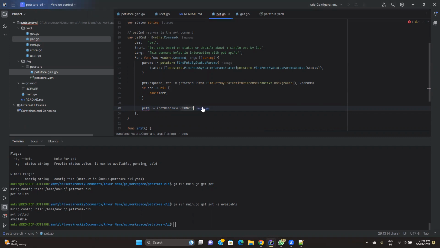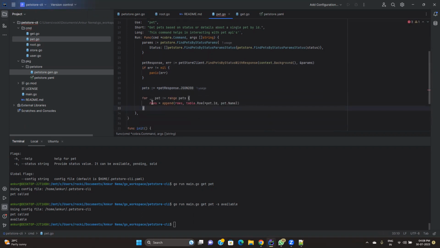So here what I can do, I can basically go here and I can create a for loop. This part I'm going to explain after some time. I'm saying this is a range, right? Under this, I want to get one pet out and I can print that pet detail. For example, just to show you what it will do, I can do